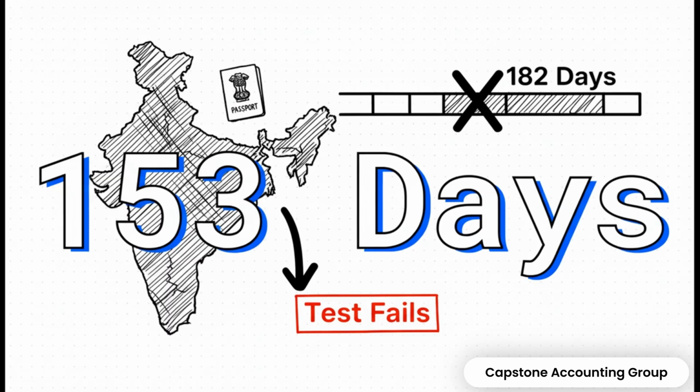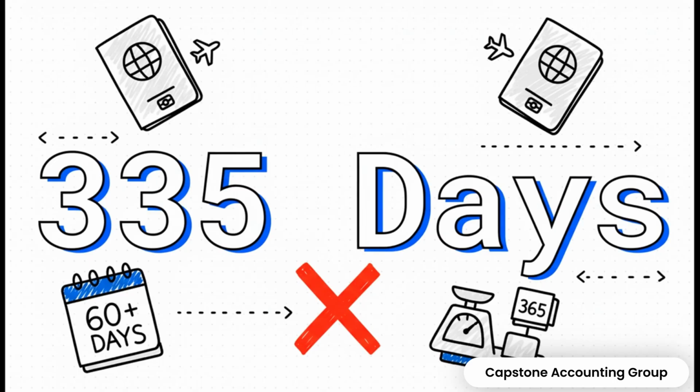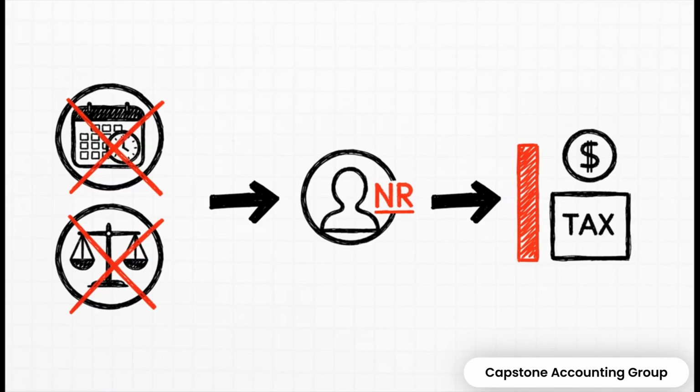153. Well, the primary condition is 182 days. So he's less than that. He fails that first big test. Okay, but there's a second test, right? So let's check that one. He was in India for more than 60 days this year, so that part's met. But when we look at the 4 years before that, he was only there for 335 days. And that's not enough. He needed 365. So he fails that test too. So since he failed both of the main tests for residency, the verdict is in, he's a non-resident, an NR